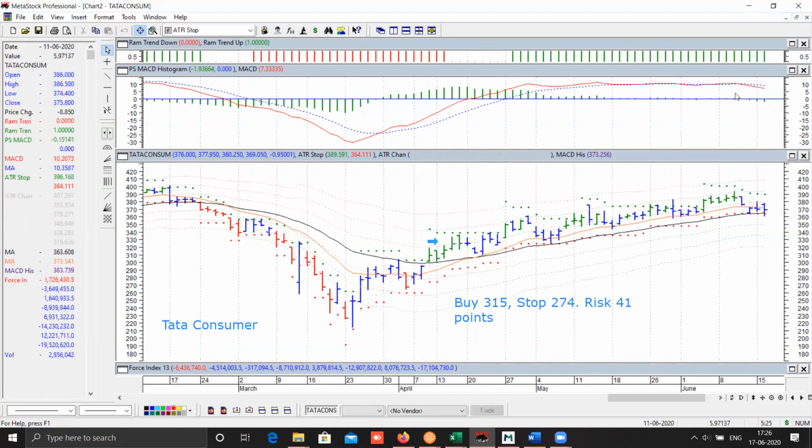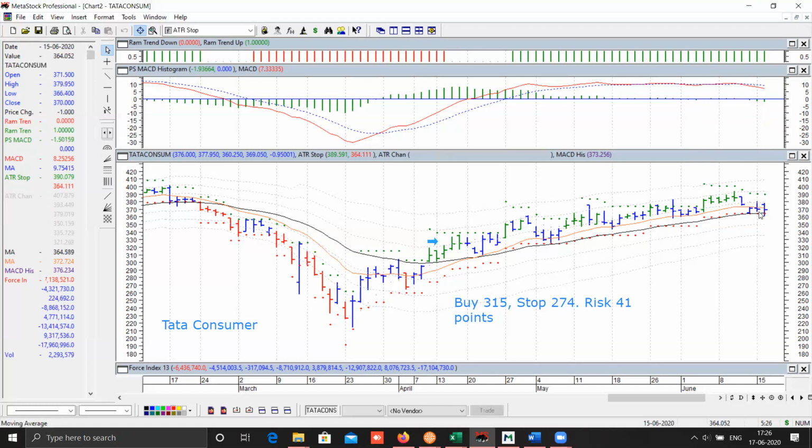The histogram is struggling to move up. Before that, the histogram had a downtick below zero. Once the histogram goes below zero, that indicates more weakness in the prevailing trend. So after that, it might turn down. That's what happened here. It took at least 5-6 bars before turning down. The downtick on the histogram below zero happens on 3rd of June. After that, it kept moving higher and higher. Even now, the stock has not closed below the EMA.